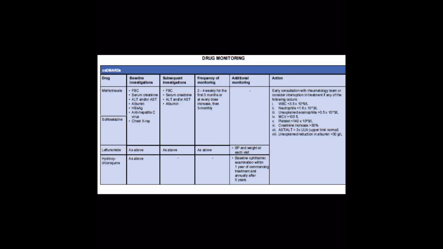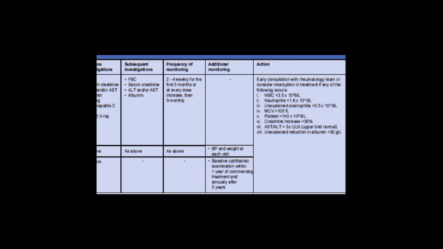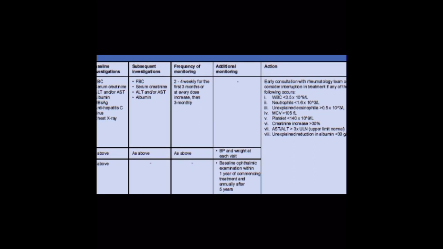Drug monitoring, basically for conventional drugs, what you need as a baseline is FBC, LFT, RP, hepatitis screening, and chest x-ray. This is similar for most of the conventional drugs. For subsequent follow-up, you do FBC, RP, LFT, AST, ALT with albumin. Frequency of monitoring is 2 to 4 weekly for the first 3 months, or at every dose increase, and then 3 monthly. So if let's say you start this medication and then the patient comes with